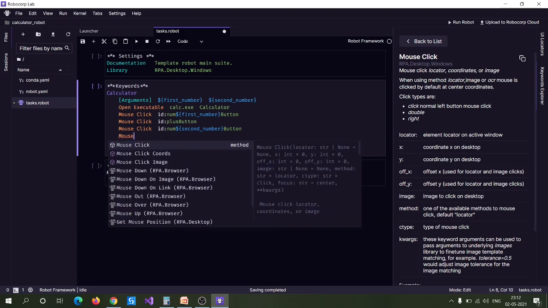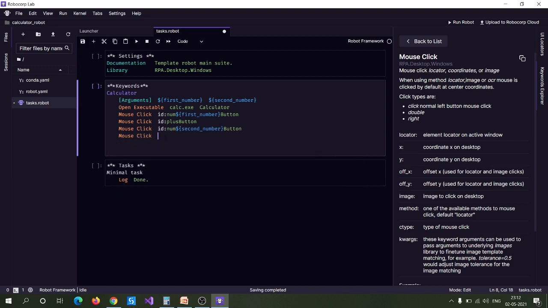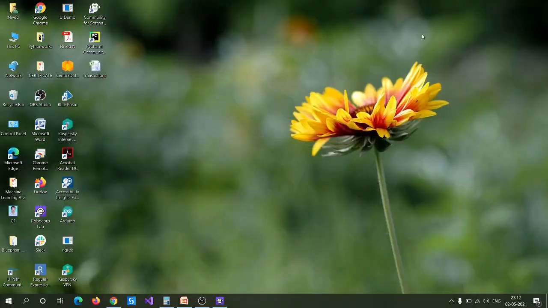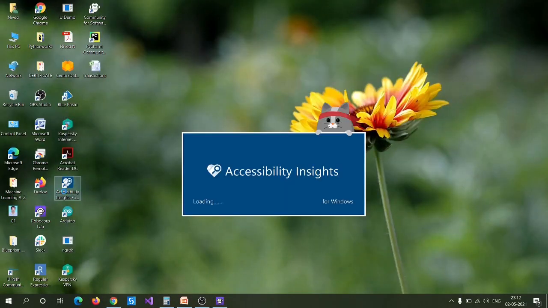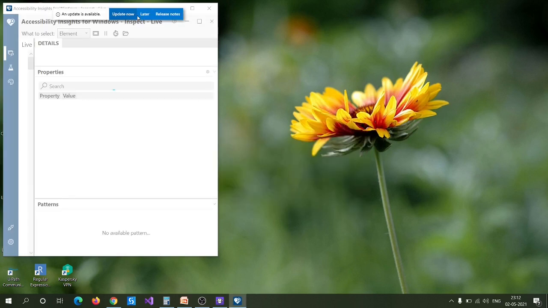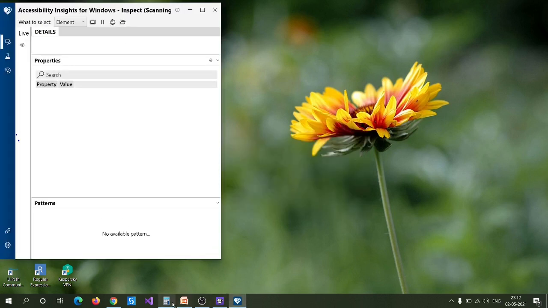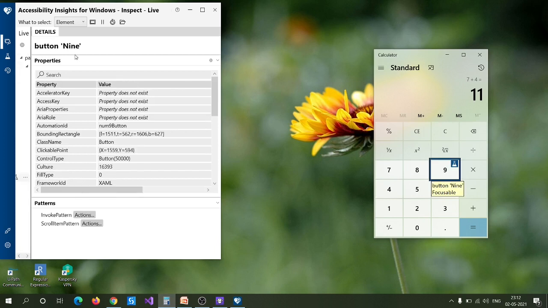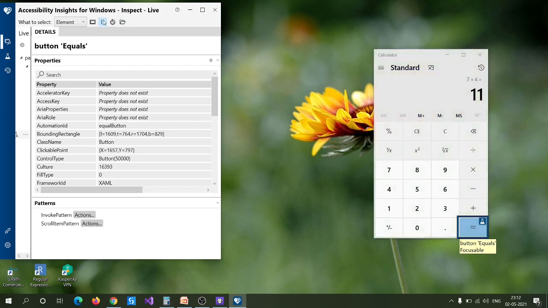For the equal button, you can use mouse click, and you have to specify the locator for this. For this also we can utilize accessibility insight.